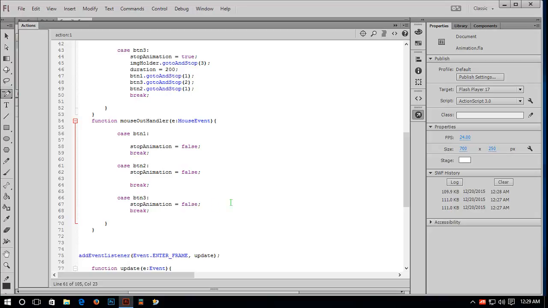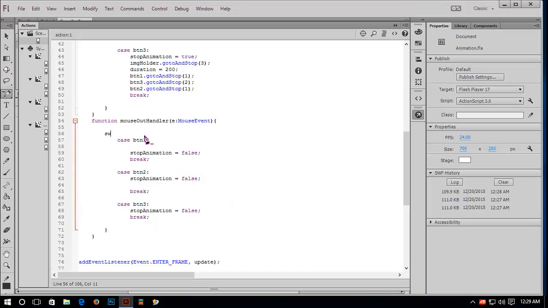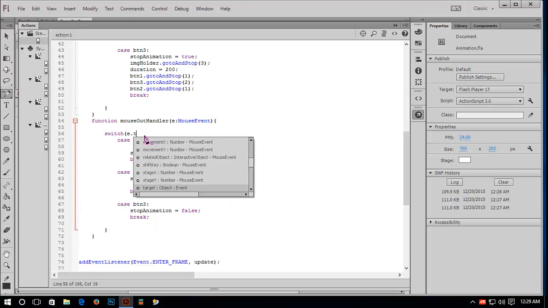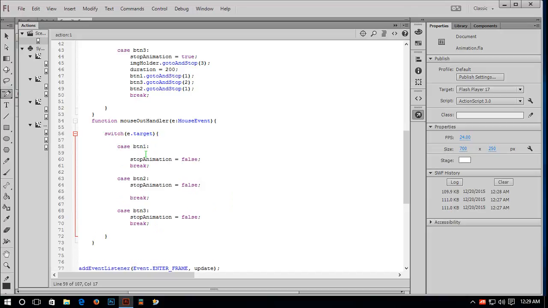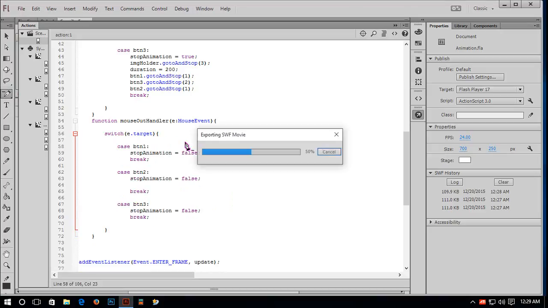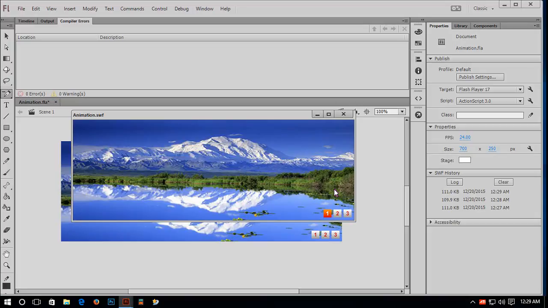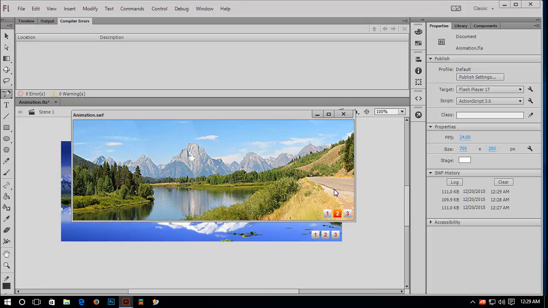I think, oh, switch, I deleted the switch statement. Switch without target, closing parenthesis, and now it will work. Okay, if I test it now, see, I'll show you. Okay, if I roll over this button number 2, it stopped, but when I roll out, it